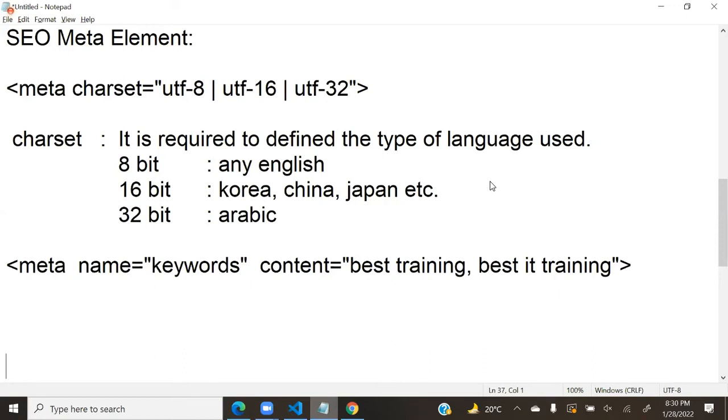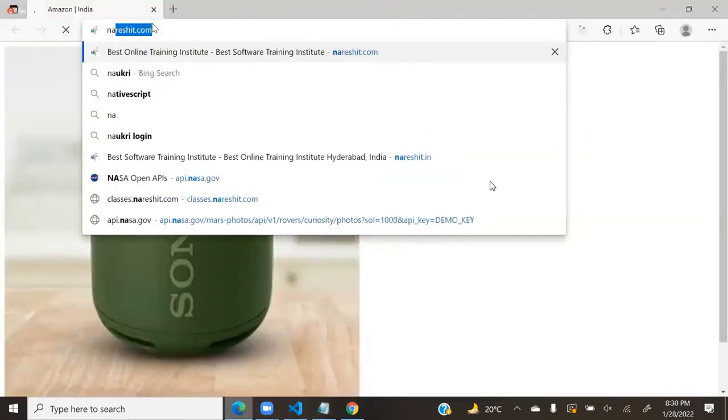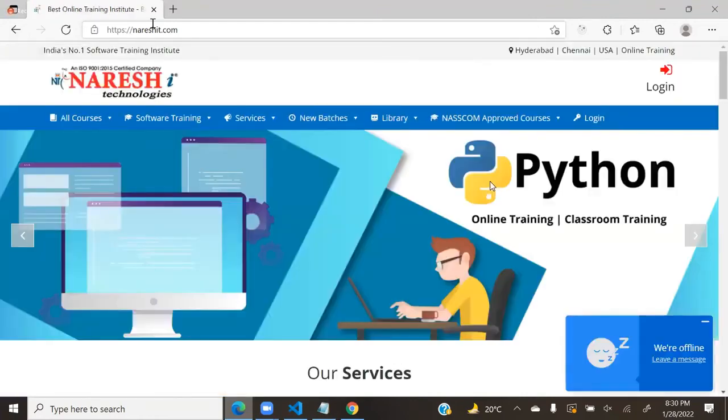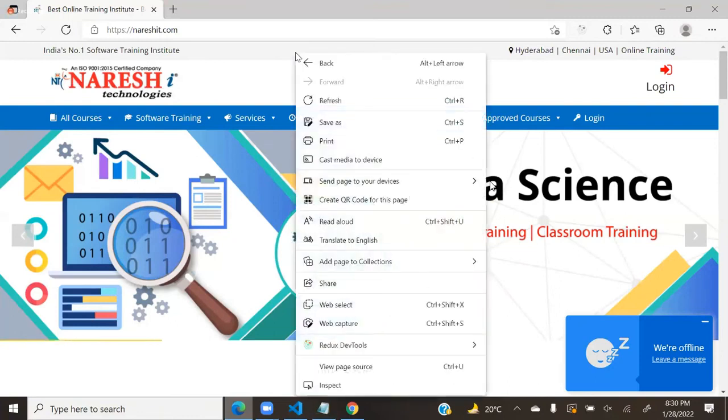For example, I will show you this website, nareshit.com. You saw that in search results it came in the second place. What did I search? Best training institutes in Hyderabad. Those keywords I used. Observe now. Right click on this page and go to inspect.